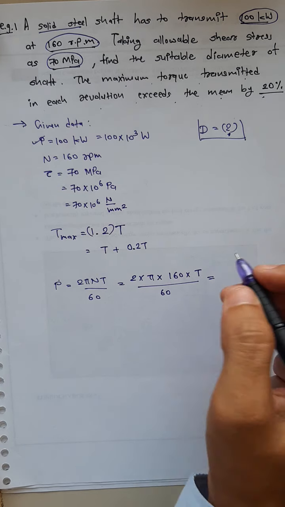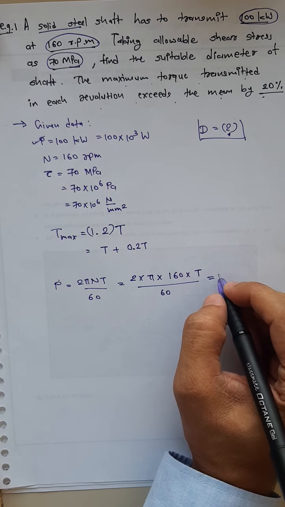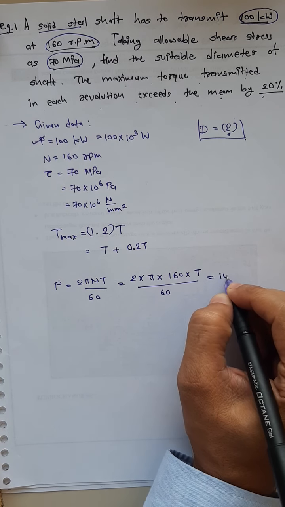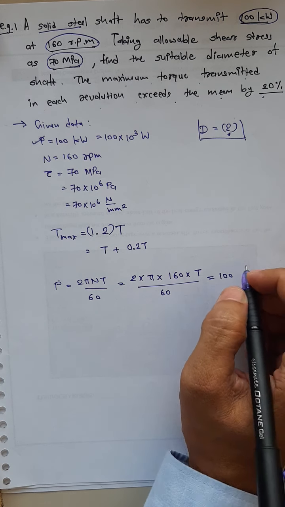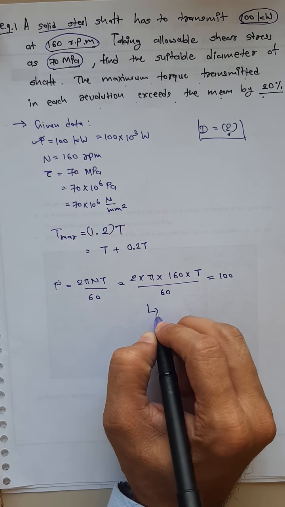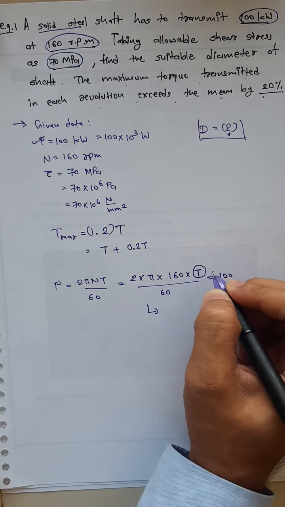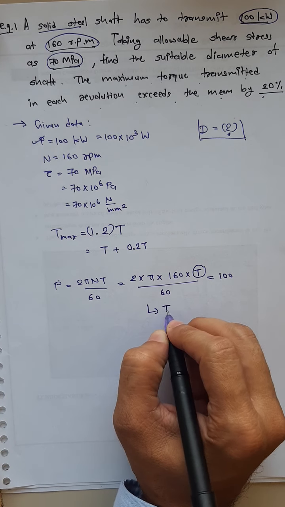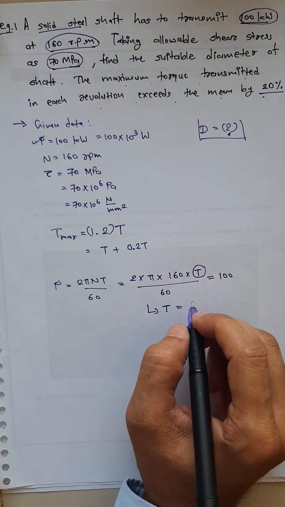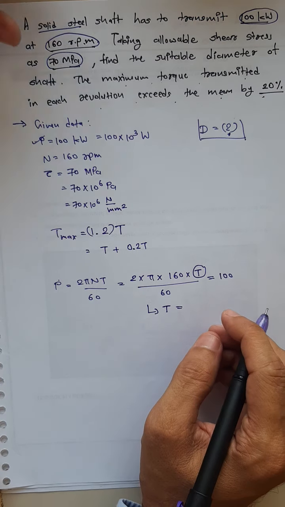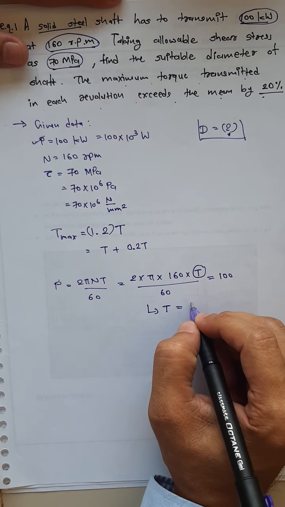We will simply keep it as 100 kilowatt. From this equation the only unknown left is torque. So you get the mean torque from this equation, and if you calculate it, your answer would be